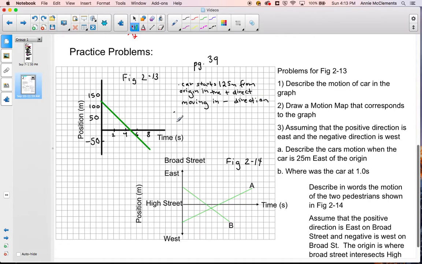So now I know where it starts and I know what direction it's moving. Another thing that you can try to determine from the graph is generally what is the velocity, right? Remember, velocity on a position versus time graph is the slope of the line. It looks like our line has a pretty consistent slope, so we can tell that it's moving at a constant velocity. That slope seems to be about 25 meters every second, right? So it seems to have a constant velocity